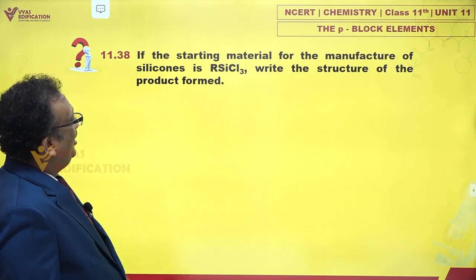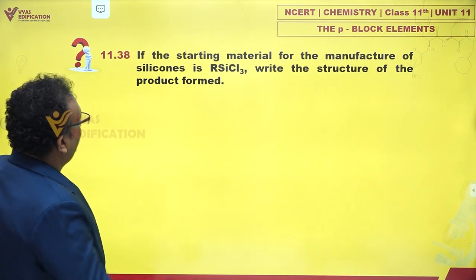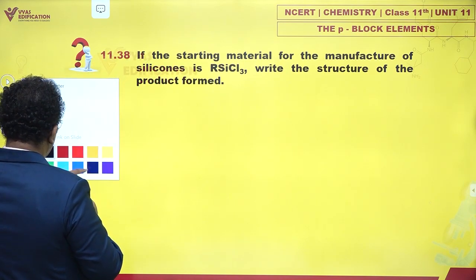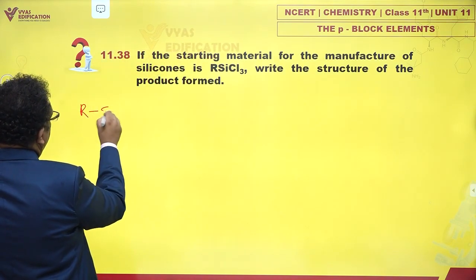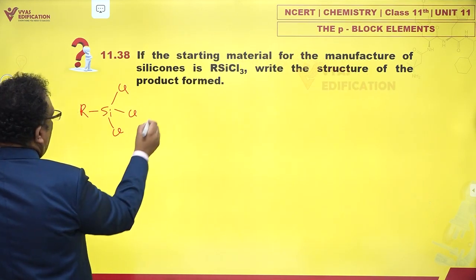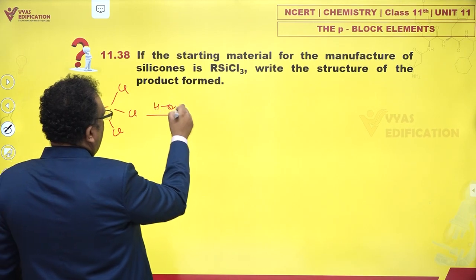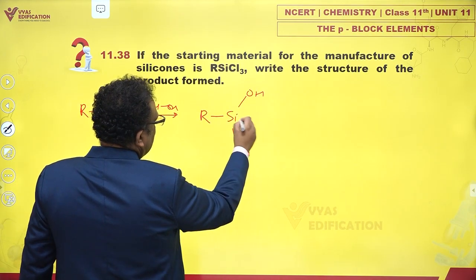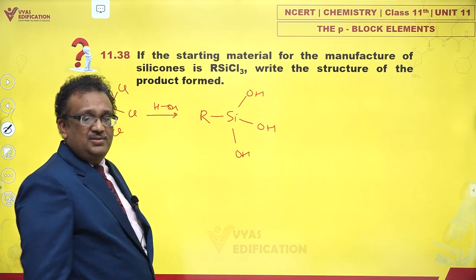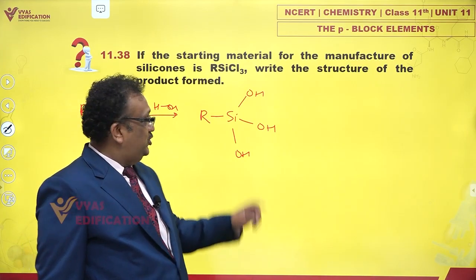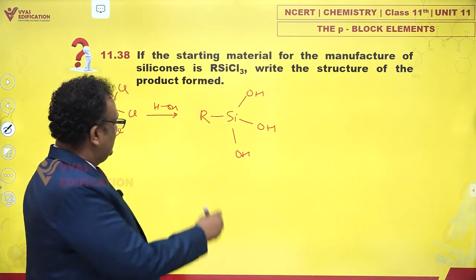We are starting with RSiCl3. What happens? This RSiCl3, you hydrolyze, you add water. You get RSi(OH)3, OH, OH like this, right? And if you get OH groups because of hydrolysis,